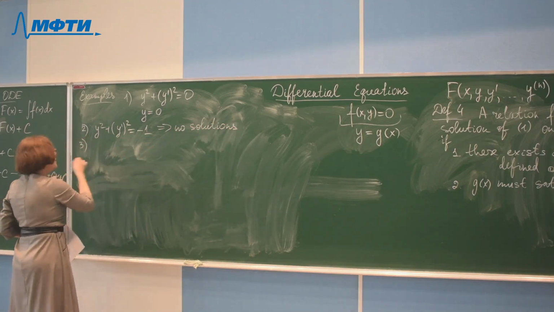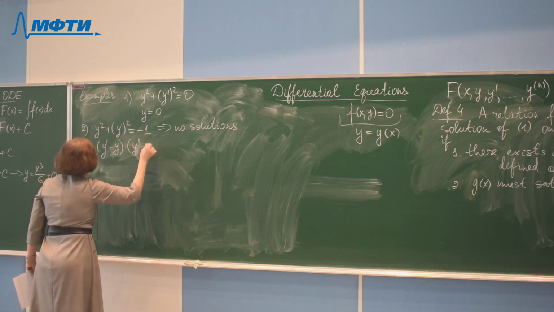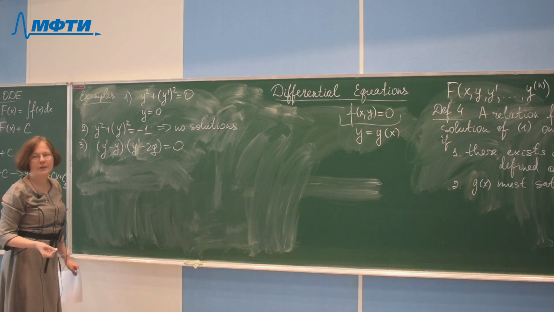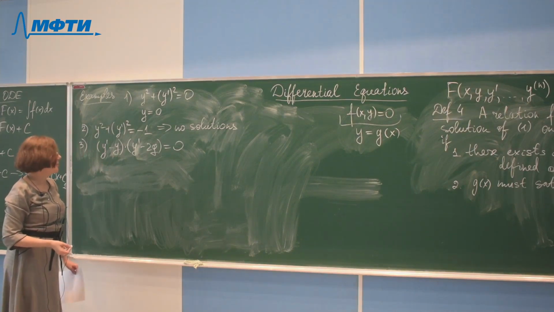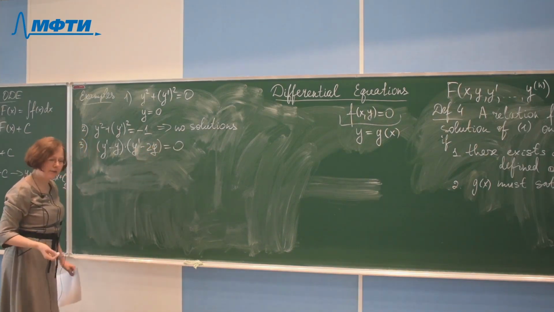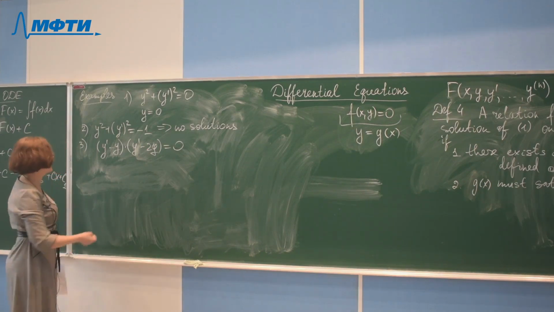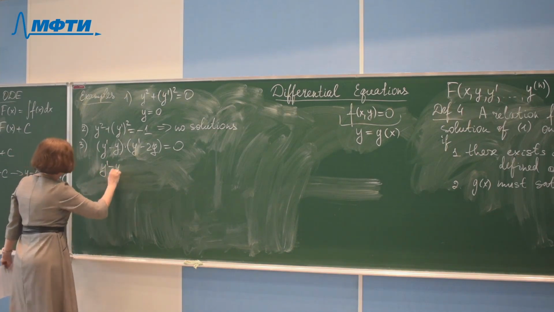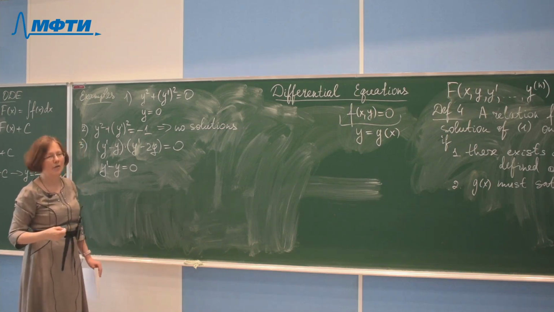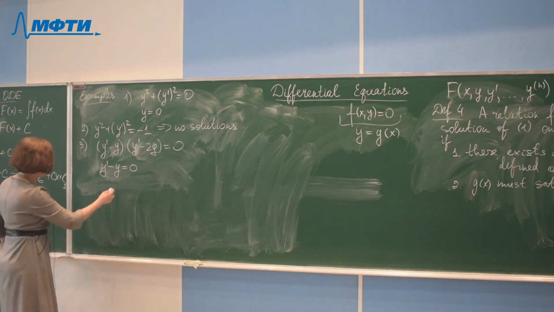On the other hand, if we have something like (y' - y)(y' - 2y) = 0, this is a first order differential equation, but it has two one-parameter families of solutions. We will try to solve differential equations in our seminar, but now I will just give the answer. The solution of this equation will be given by,